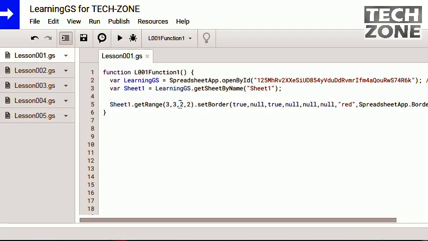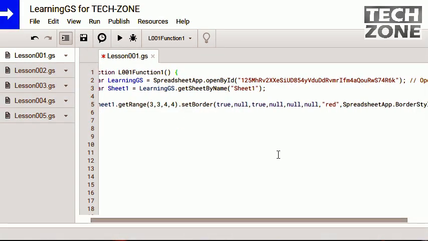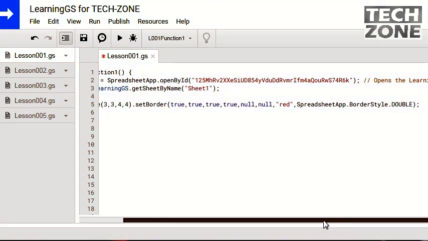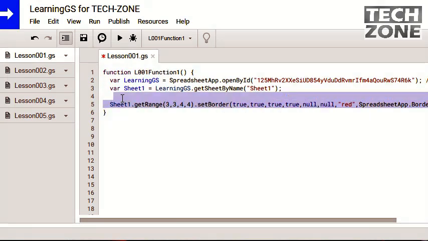Suppose starting from cell 3 for the next 4 rows and 4 columns, it means that now there will be 16 cells inside it. Now we are setting the border, all the 4 borders here. We are setting all these borders, the top, bottom, left and right of this range, to red color in the solid. Okay, but in our next command we will